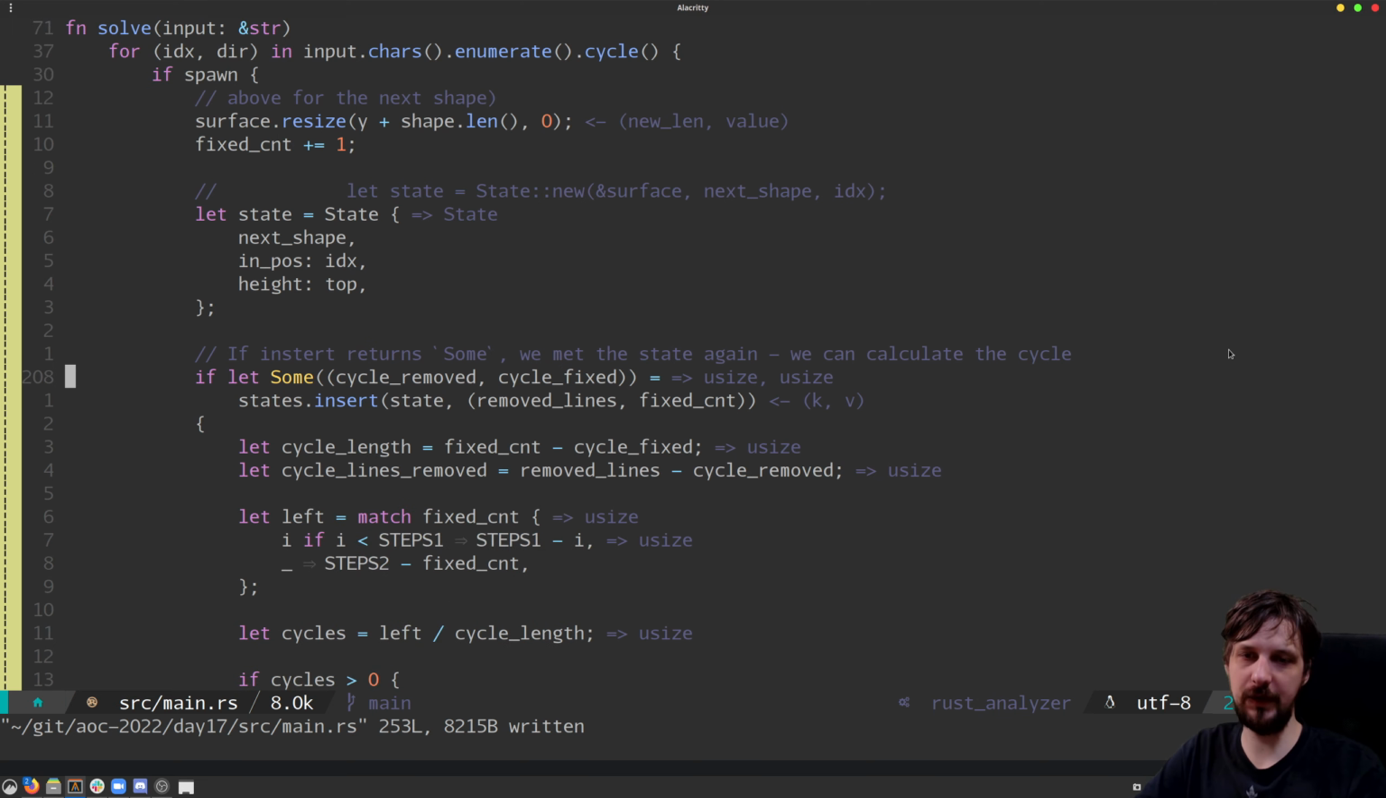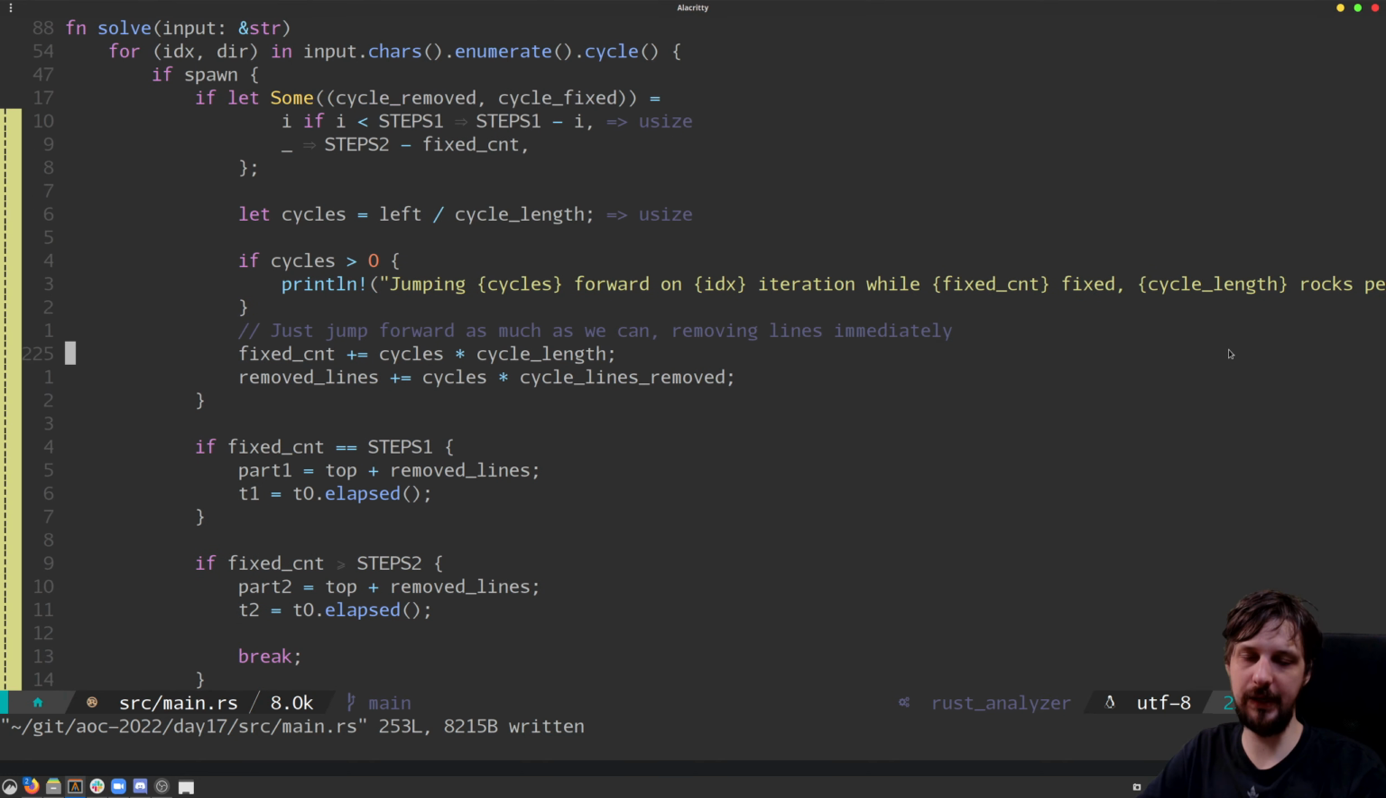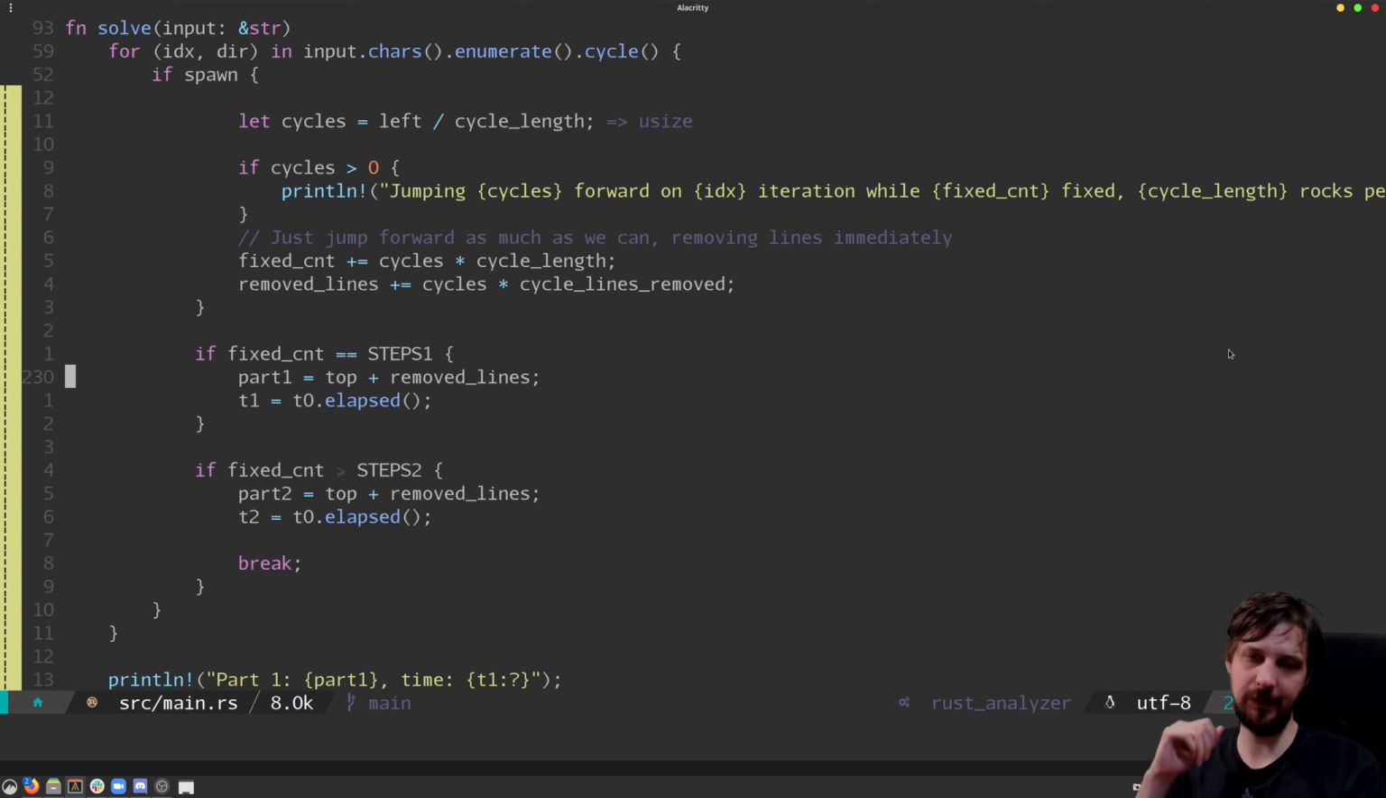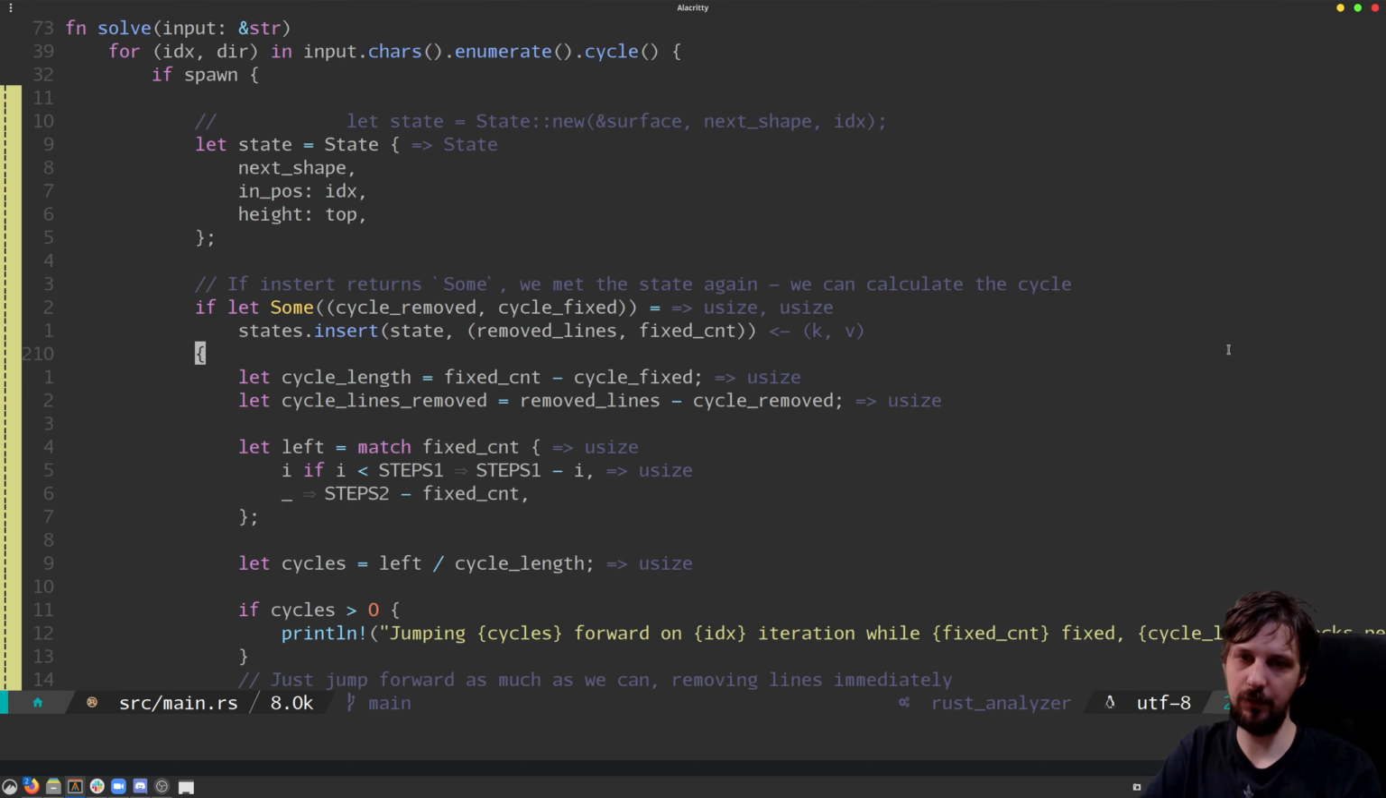We ignore all of that. This is part 2. We can live with that without that completely for part 1. Fixed count is how many steps we've seen, how many bricks we fixed, right? If it's whatever we have for part 1, then we just make our solution being our top position plus how many lines we removed, right? And if you remove this whole caching, if you remove this,